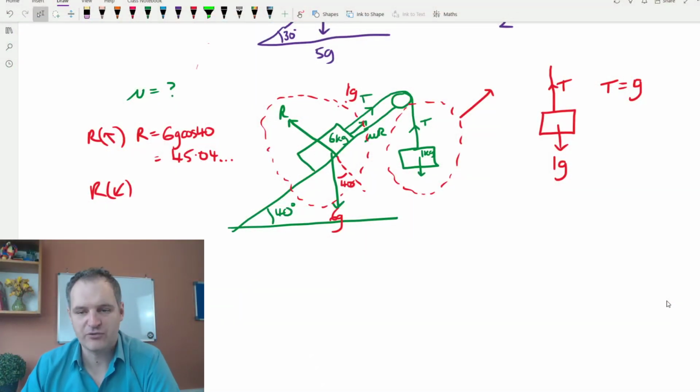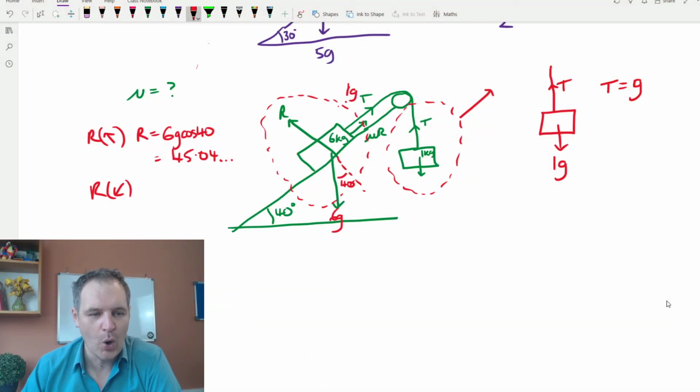So we've got a value for R. But in this system as well, we can resolve down the slope. And I told you at the start that in this system, all of that you couldn't see. So that was good. Oh, down this slope, we have got that the R can be ignored, but we've got